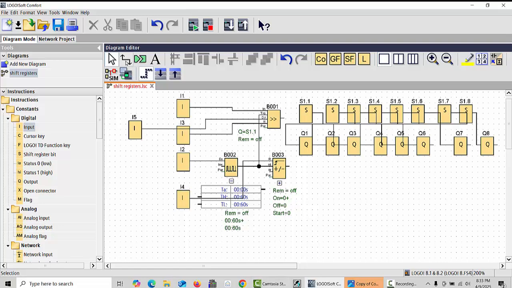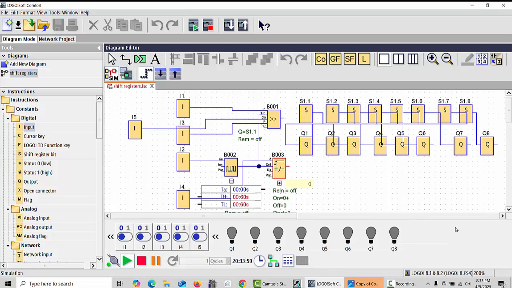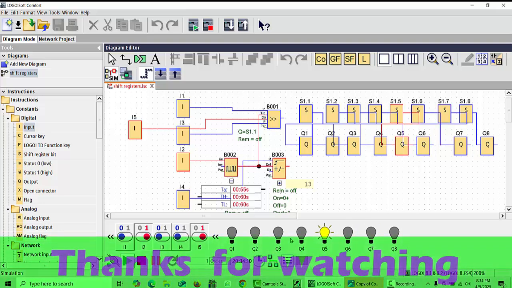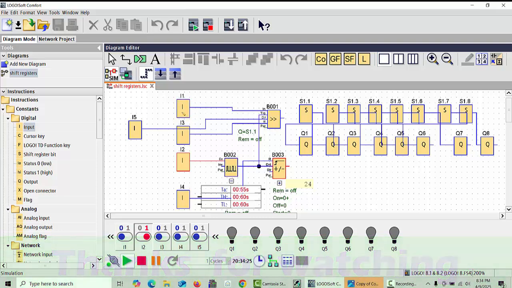I will start this one, for example start the simulation, and you can see it is now running, starting from Q8. As I start my I2, my counter will start, and we will give the signal. At first we will give the I5 signal, and then I will give the one signal. Then you can see it is reversed, running 4 3 2 1, and again we will reset. And after that, when you remove this signal I5, and again give the signal at I1, so you can see